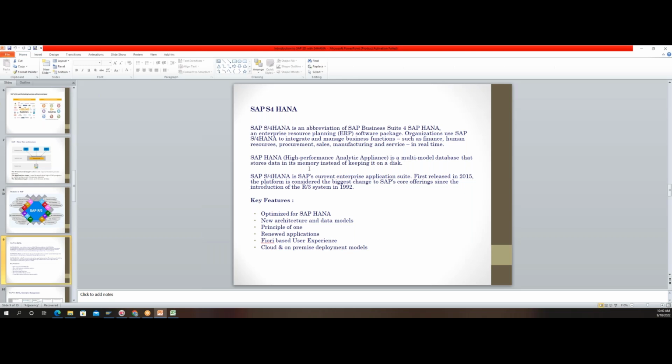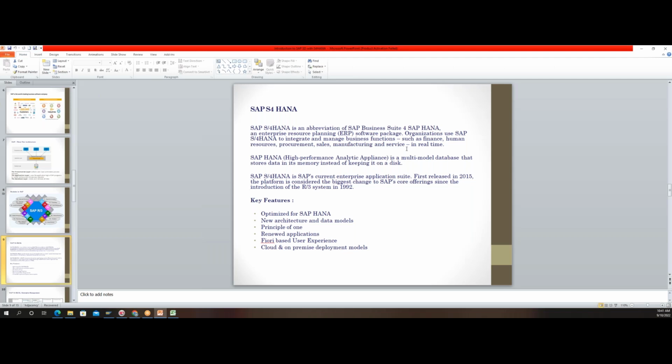In this process, the retrieval time of the information has reduced tremendously. The critical data, or huge volume of data, was being retrieved at a much faster pace when I compare it with the legacy DB. That is the reason SAP has come up with SAP HANA. HANA is a High Performance Analytical Application.